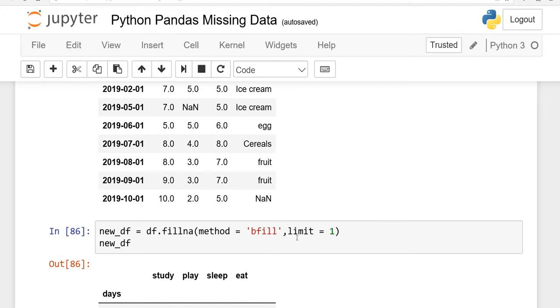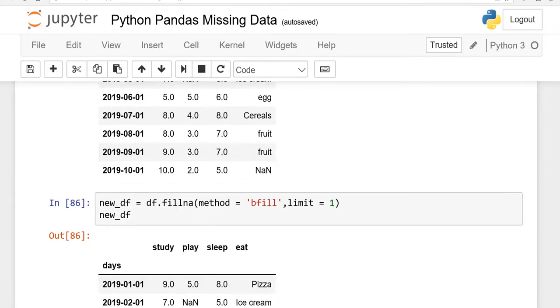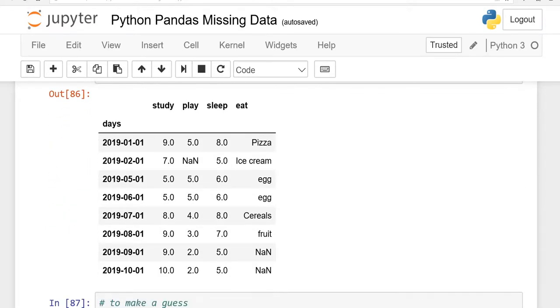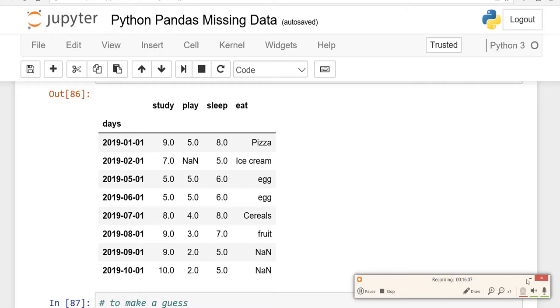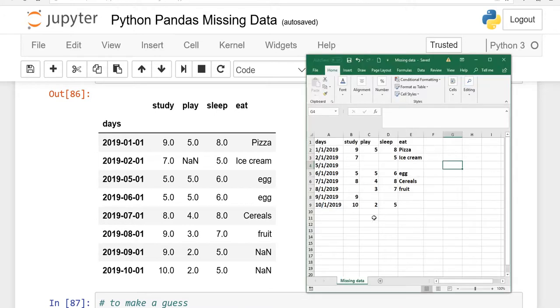And same thing here, backfill now, right? So it will do the same function here. If I run this and show you, okay, from here, see, here is only 1, so it will be 9. We have only 1 because limit is 1.